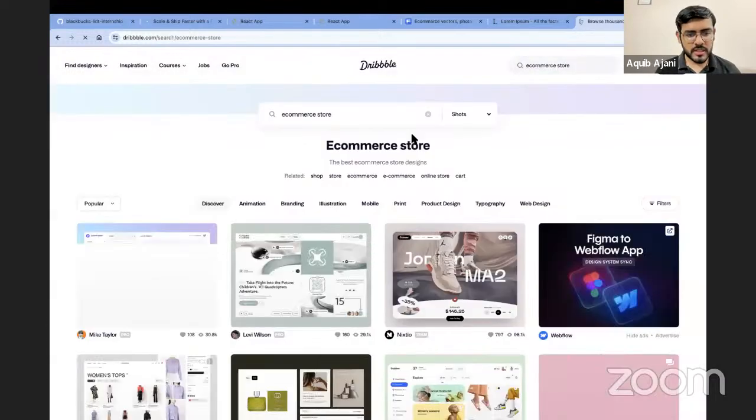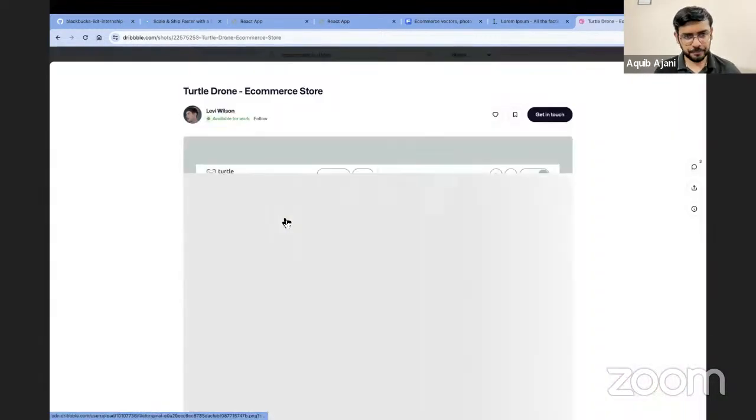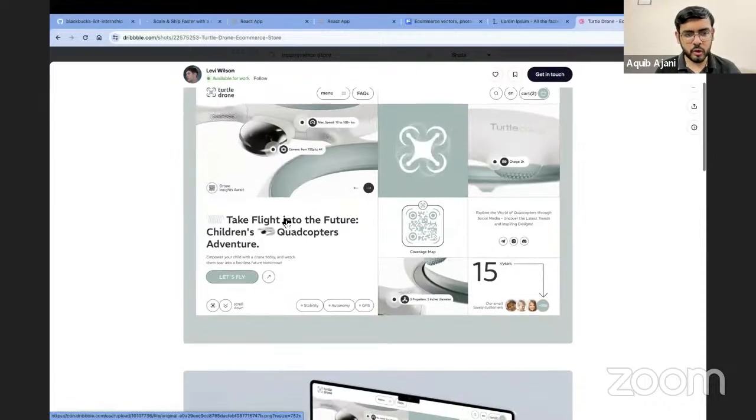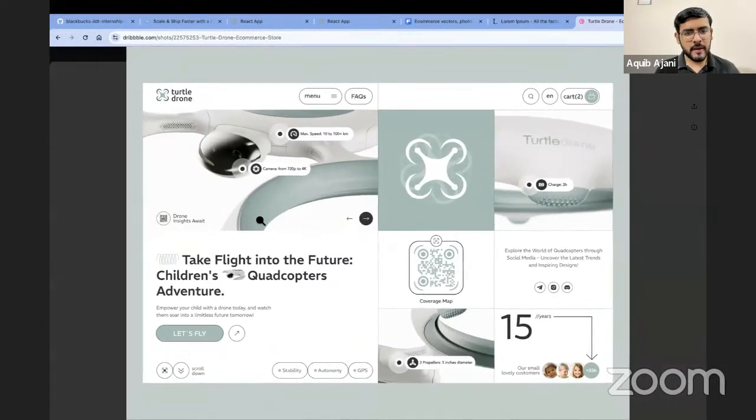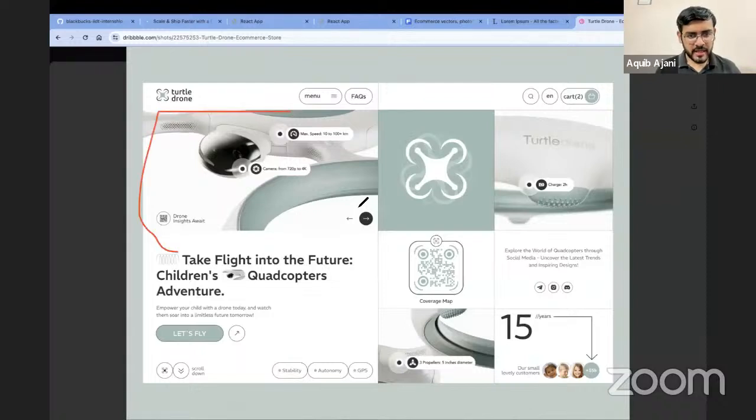Okay, so as soon as you search for an e-commerce store, you will notice that there are some really nice looking wireframes that show up. For example, if I open this one up, you can see this design has 4 different sections that they are showing us. Okay. So for example, this is the header section. Okay. Then this is the,